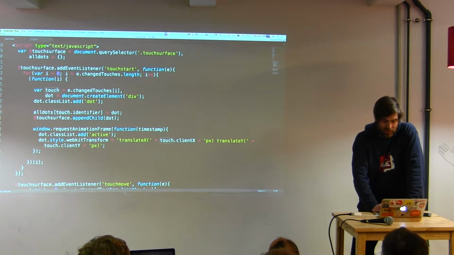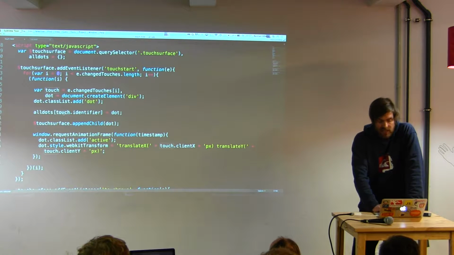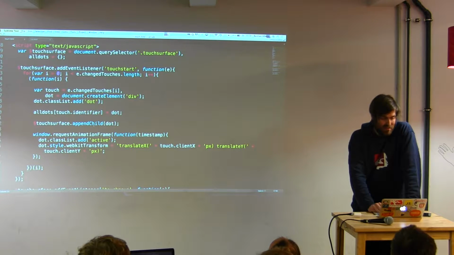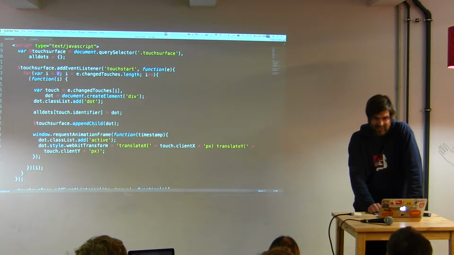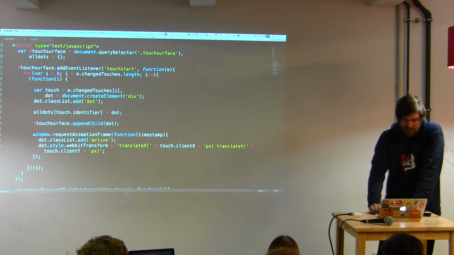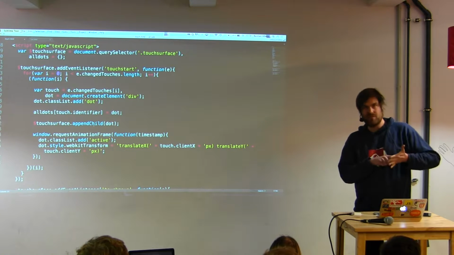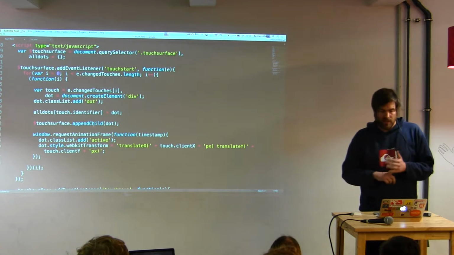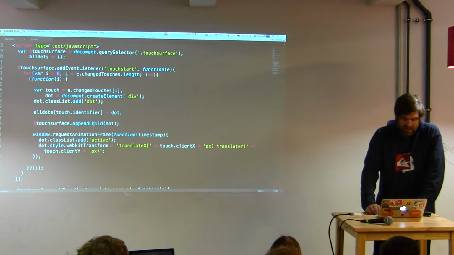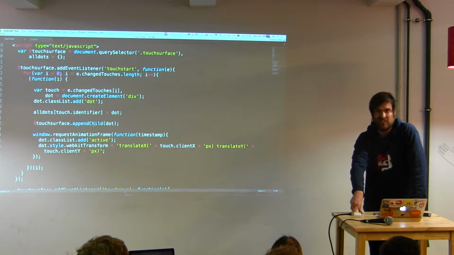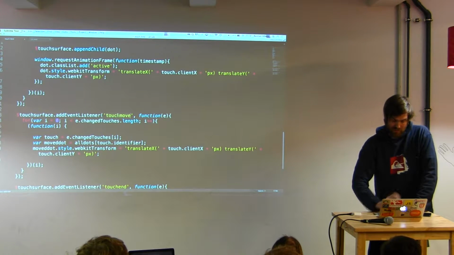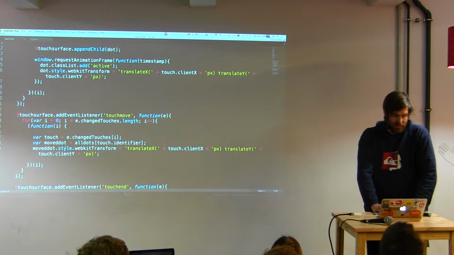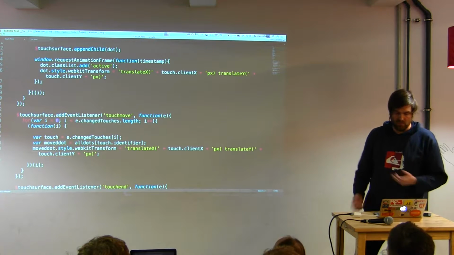But one thing you should do: every touch comes with an identifier, which gets important if you want to move those dots or remove them again and want to identify which touch belongs to what thing. So each time you start touching the screen, that touch doesn't only have coordinates, but also a unique identifier, which you can save somewhere. And then when you detect a changed touch on your touch move event, you can just take your object where you wrote the, like I do here, I just pull the move dot out